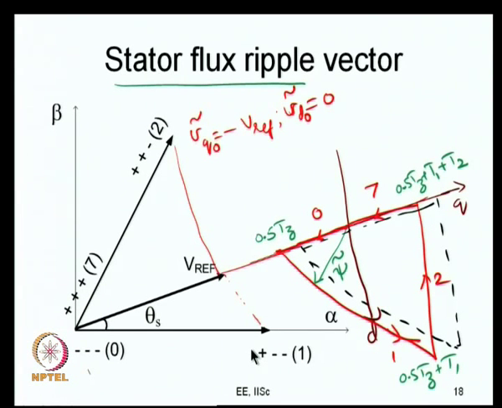So, you can get a feel for this right now, that if the 0 state time is equal, then this peak value and that peak value are equal. On the other hand, if the 0 state times are unequal, then this peak value and that peak value differ. I mean, this peak value is lower, but this peak value is greater. That actually means that the RMS value of this ripple along the q axis is higher. This is just a point that I am trying to make still qualitatively, on why conventional space vector PWM is better than sine triangle PWM in terms of harmonic distortion.